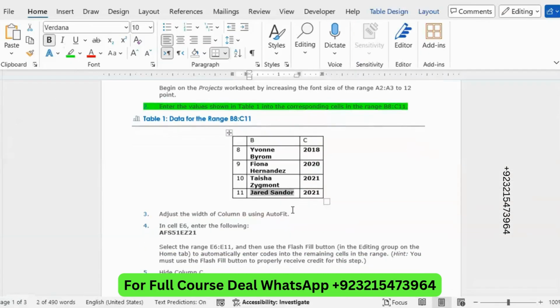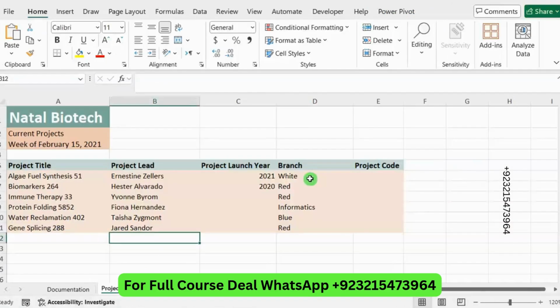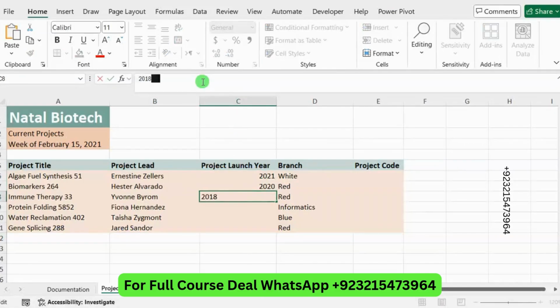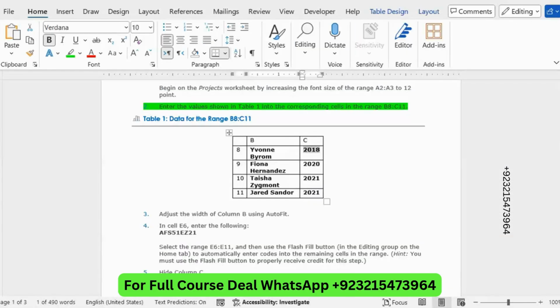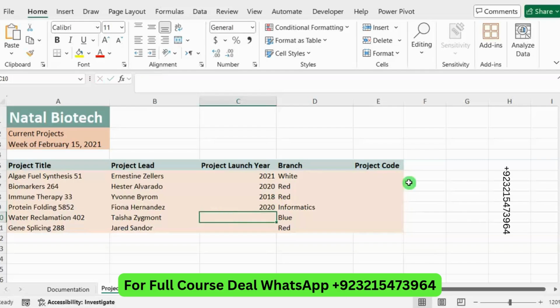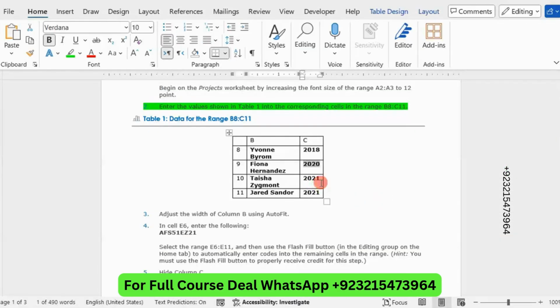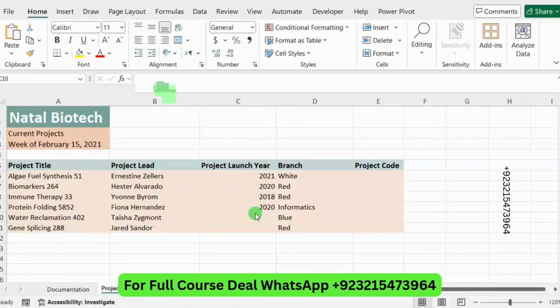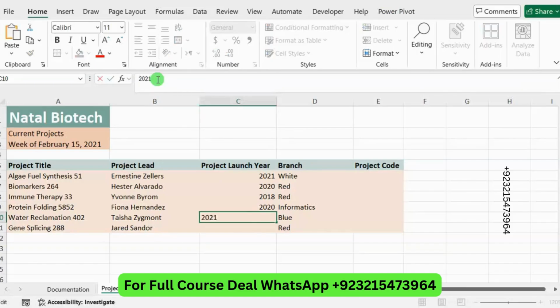Then select the C values and paste them. Second value, and third value. Third and fourth are the same, so there is no need to copy this again. Paste it again in C11.